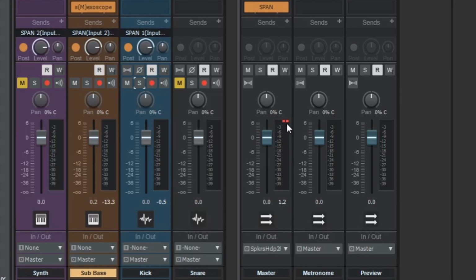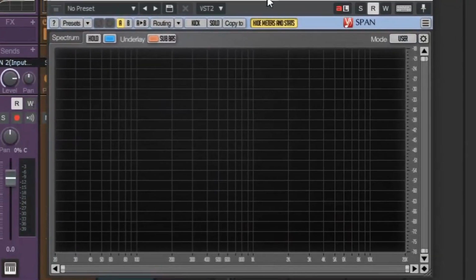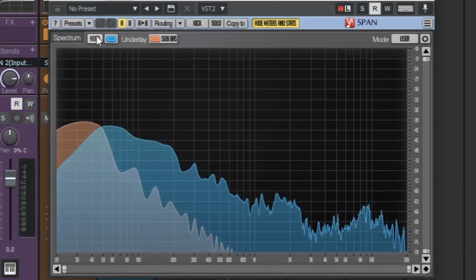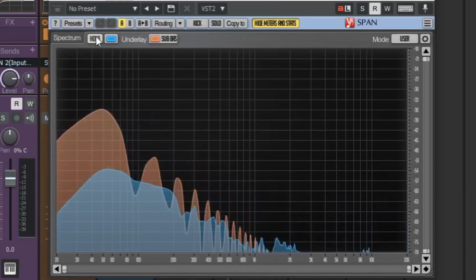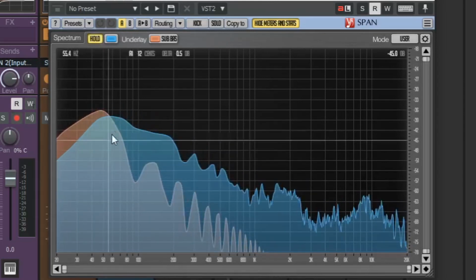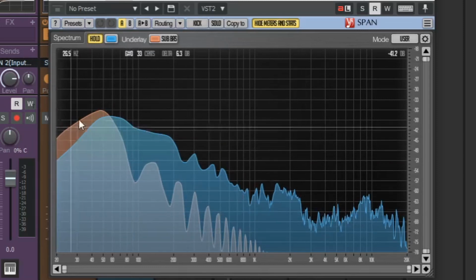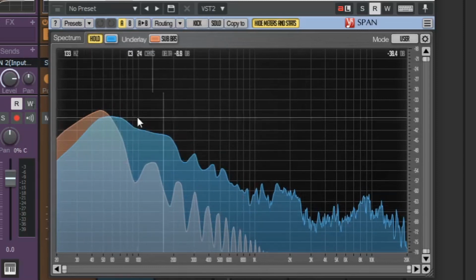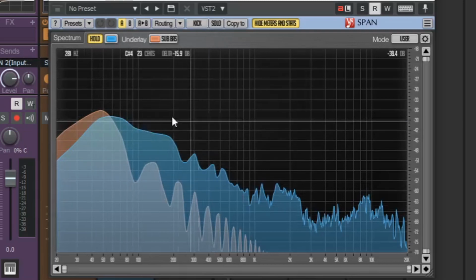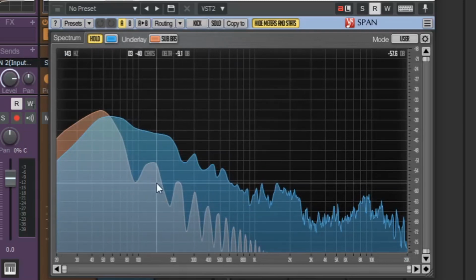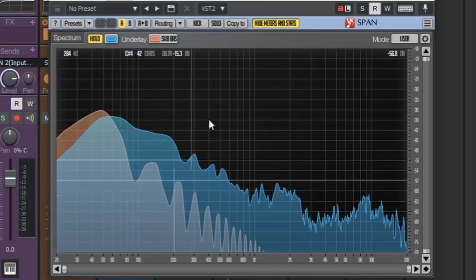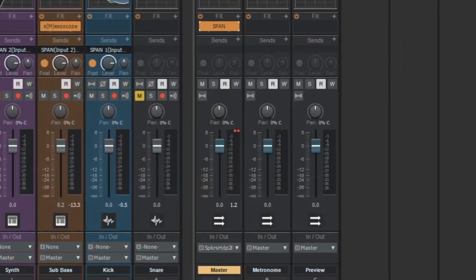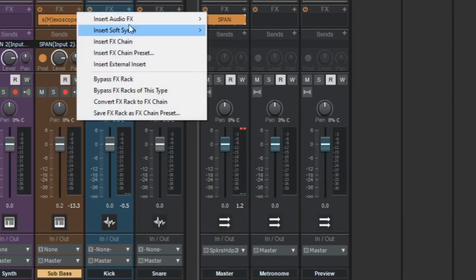In addition to that, let's take a look at the frequency spectrum. Here, blue represents the kick and the pink color represents the bass. We can see that it's the lower frequencies which make up most of both these sounds. And if not handled properly, this frequency range will be the main cause for a mix to sound muddy. So naturally, when we are sidechaining the bass to the kick, we are essentially cleaning up the mix. Now let's see how we can do it.